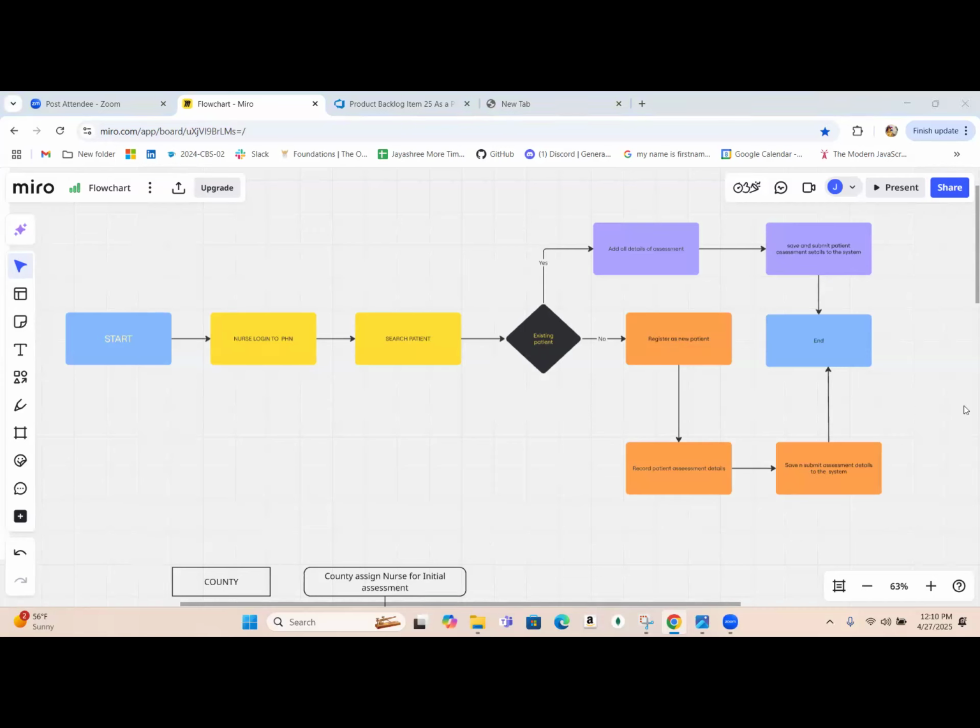Harshal, I did this with the Thursday's homework. Okay, can you talk about what you have? It's the process for the initial assessment, like how the nurse will do that. I was not sure because I thought mine is very simple. But today you said we need that existing patient. If the patient is existing, then add details to the assessment, save and submit, and then end. And if it does not exist,